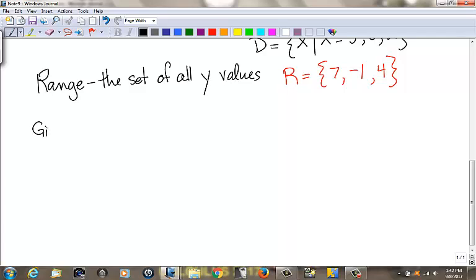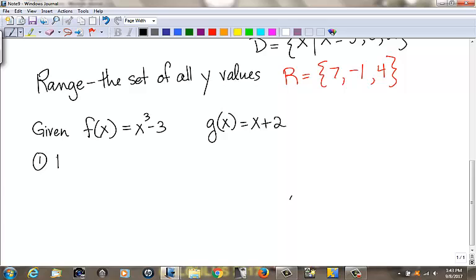say you're given, in function notation, the function f of x equals x cubed minus 3. As soon as I tell you that's a function, you know graphically no 2 points line up and down. They can use any letters. Most of the time they'll use f of x. Let's say I give you g of x, and if I write it like that, it's also a function. G of x equals x plus 2. Okay, and they will ask you, say, to find